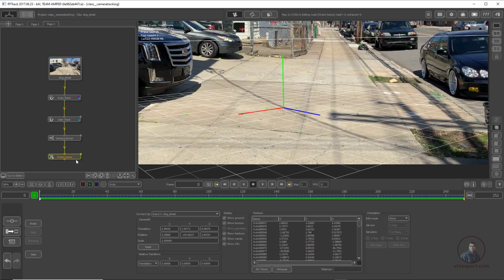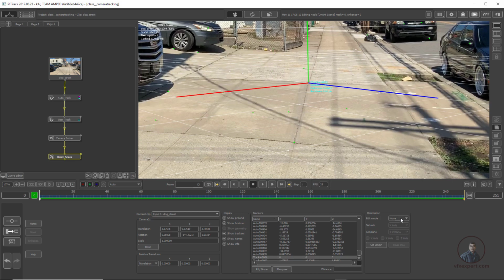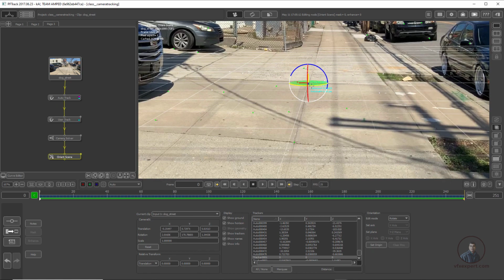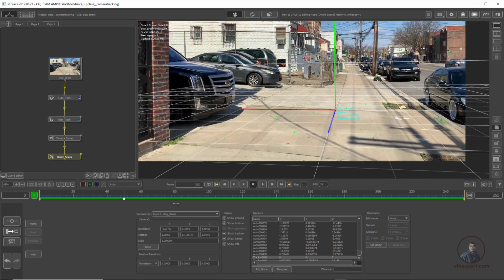Then again utility and scene orientation, double click. Suppose now I want to make this point, which is our user track, the center. So select this one, then scene orientation, then you can rotate it here. Then again simply click here, none. Now you can see this is looking good here.